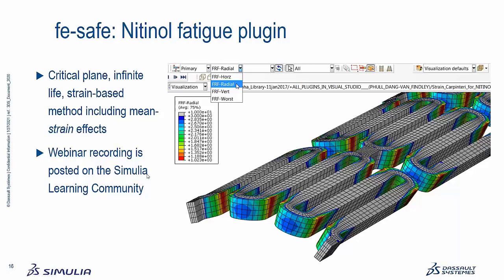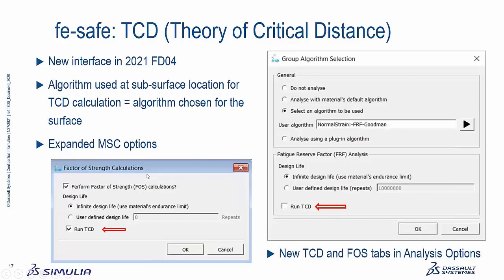Theory of critical distances. Some while ago, one of our customers told us it's really hard to understand the results because we would choose a suitable algorithm for crack initiation at the surface of the components, and for the TCD calculation we would only ever do the normal stress method, and so you're getting two different algorithms at the surface and at the subsurface calculation where we do the TCD